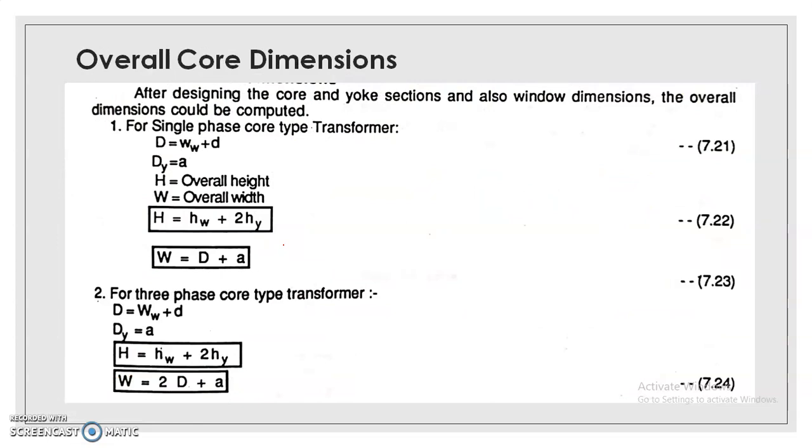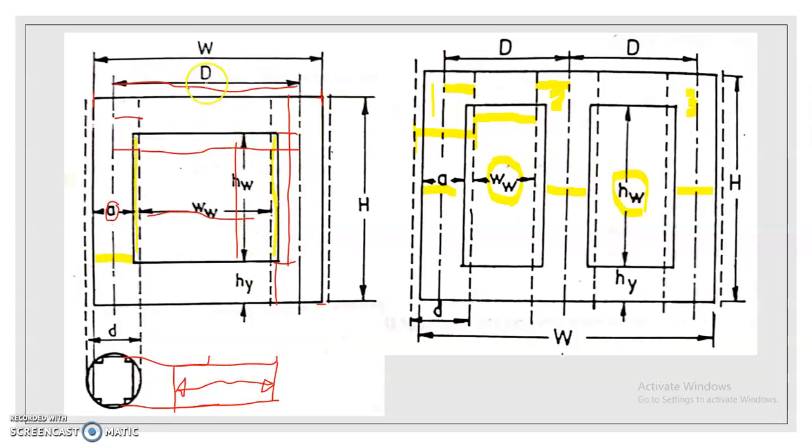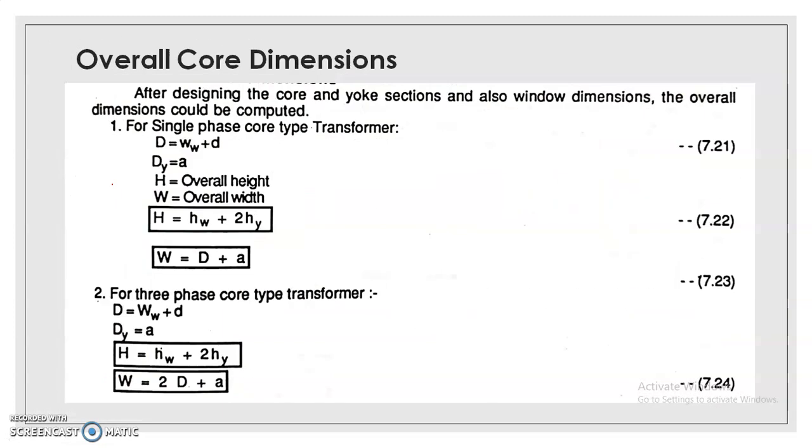Like that, you can also define the capital W. Capital W is equal to capital D. This portion you can observe, this total portion is nothing but the A. Just define this part, it is nothing but A by 2. Same here also, it can be defined as A by 2. And the middle portion, this whole portion is capital D. So you can write A by 2 plus capital D plus A by 2. So you can write that capital W is equal to capital D plus small a.